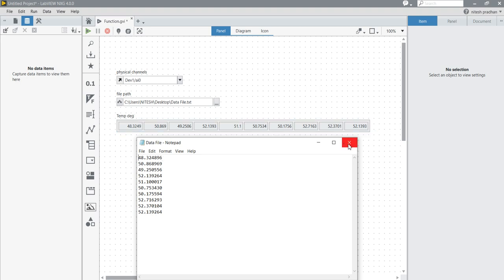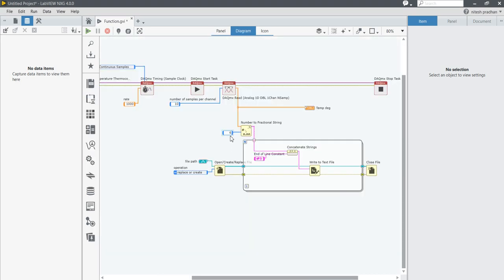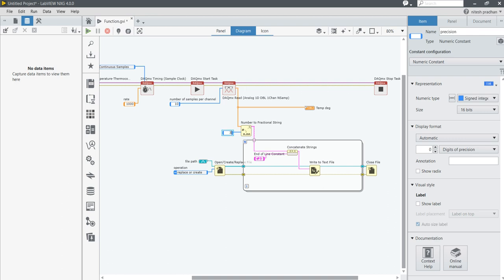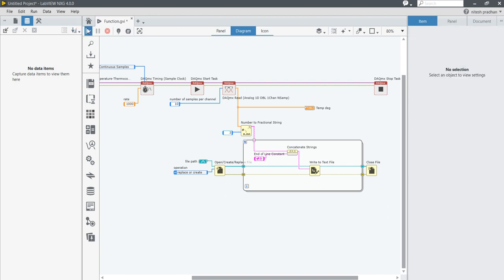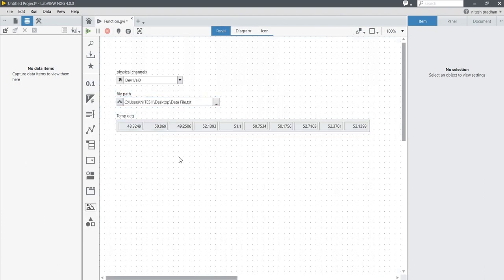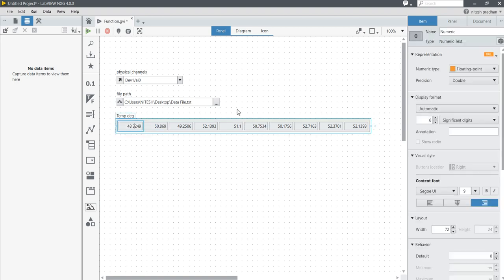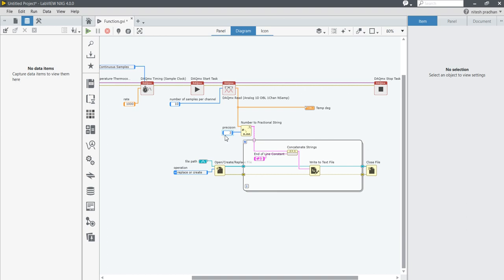So what will happen if I close this, and now I put 3 digits and run. Let's come and see in the front panel. Because I am changing the precision, we will get that precision in our data file.